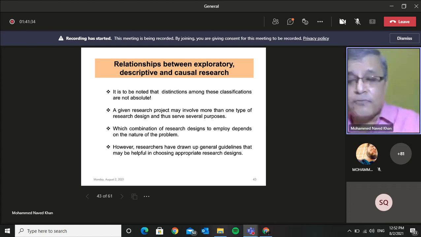And suppose you have gone in for a representative sample, larger than 50, say 500 respondents. Then if you claim that your study was an exploratory study, it will be a wrong claim, because exploratory studies do not have such a large number of respondents. Generally, in exploratory studies, the number of respondents is less than 50. Let me repeat, less than 50.